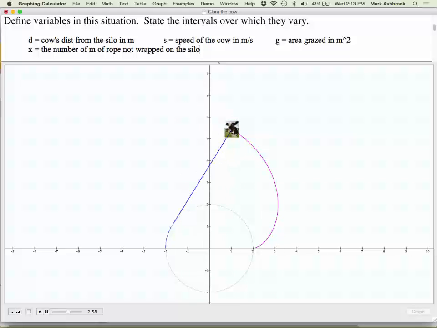You had that. Cool. And what did you come up with for a domain for that? The domain is all the possible values it could take on. So the number of meters of rope not wrapped on the silo would be from what? The domain would be 0 to